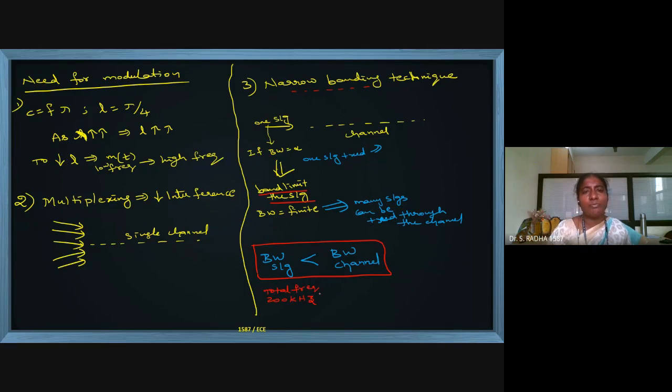Now what will FM radios do? For every channel they will give 20 kilohertz. I don't remember the channel names. I think 101.1